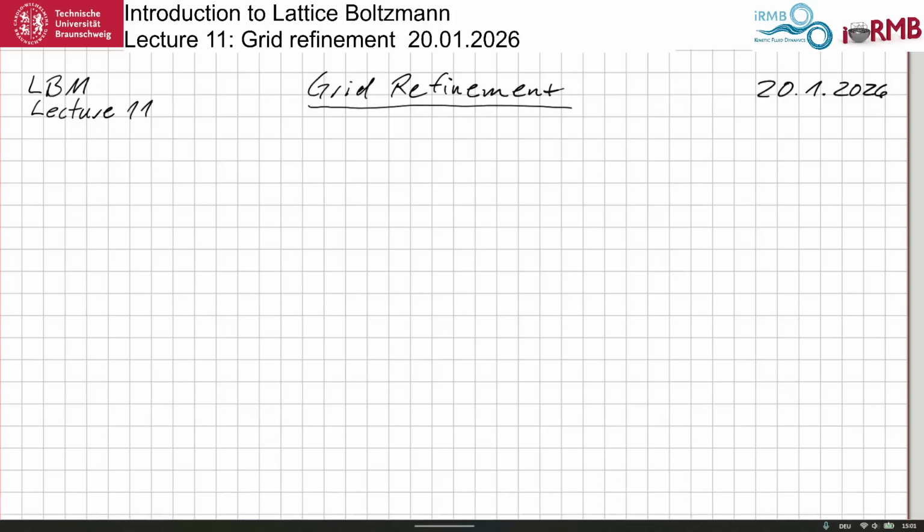Welcome to the 11th lecture in Introduction to Lattice Boltzmann method in the winter semester 25-26. So today we learn why lattice Boltzmann is not necessarily simple. Maybe the mathematics of lattice Boltzmann may not be so simple anyway, but also the algorithm can get a little bit more involved than just